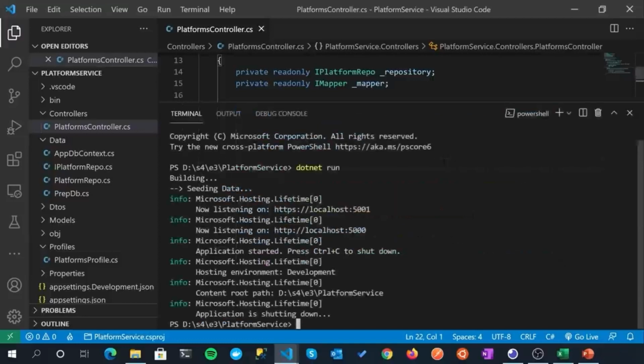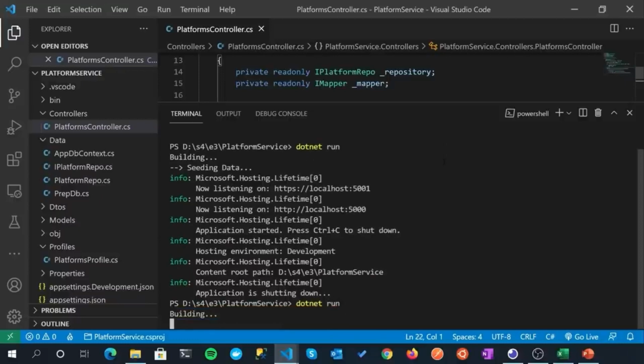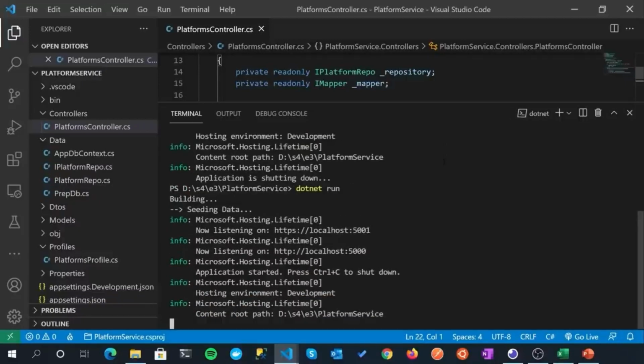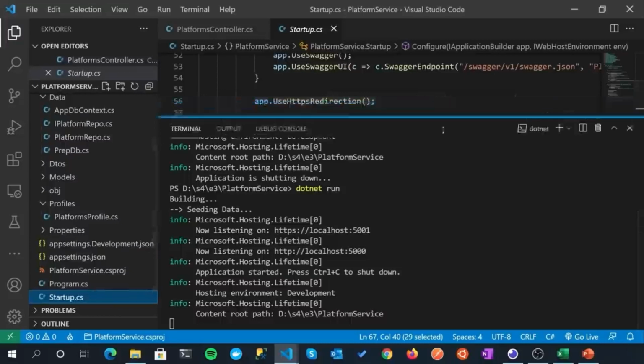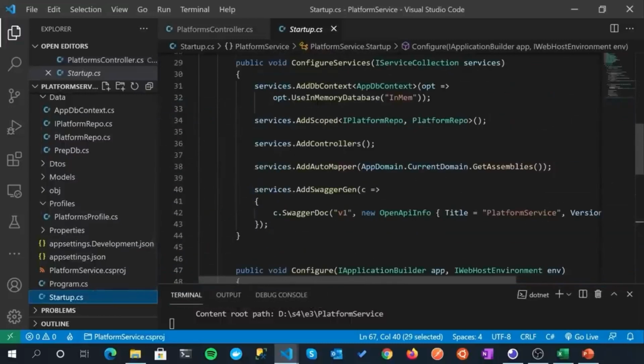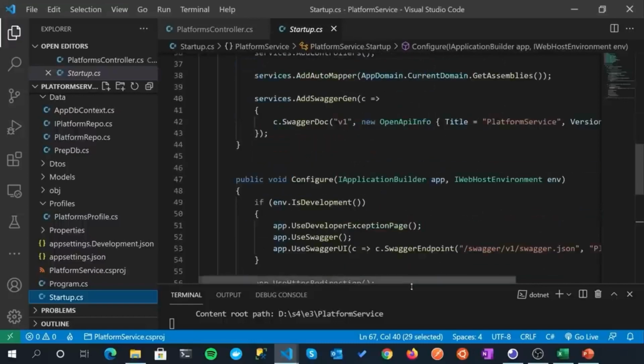Let's do a control backtick and let's do a dotnet run. And hopefully everything should be wired up correctly. I don't think I need to do anything with the platforms controller. Before we test this, we'll come back over to the startup class. Our controllers have already been added into ConfigureServices anyway, so everything should be